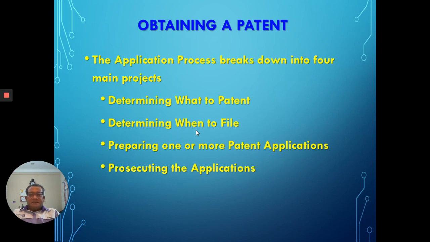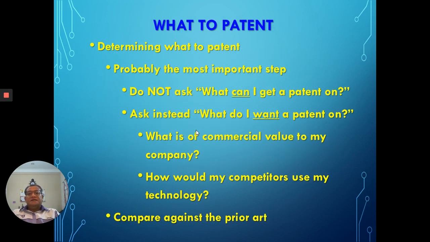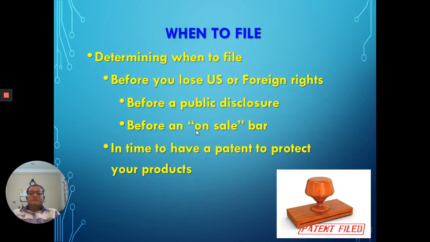So obtaining a patent is basically a lot of work, a lot of process, a lot of stages, right? So you need to know what really needs to be patented or what not to be patented. So not all new inventions are worth applying for a patent. So when to file, right? Basically, where to file also, basically it must go to the patent office,